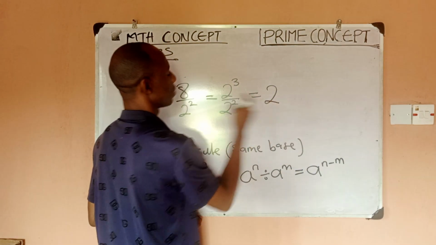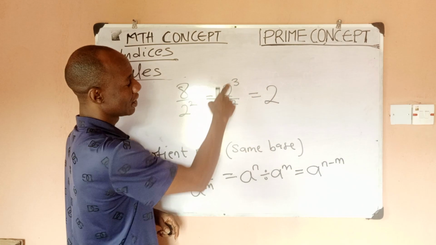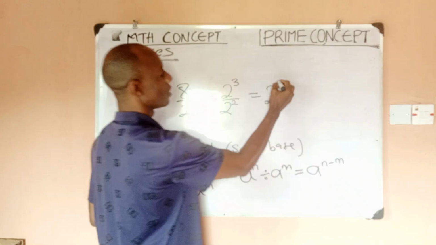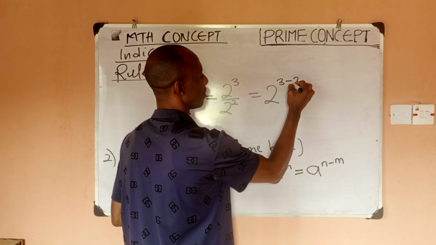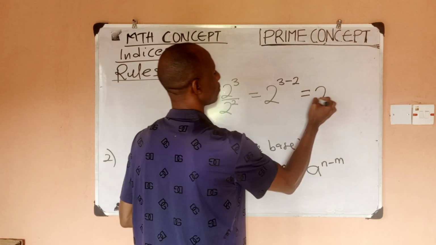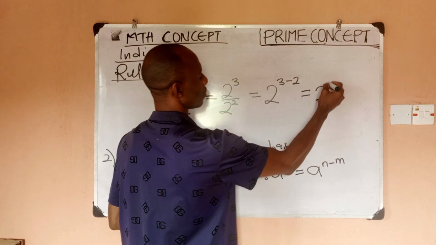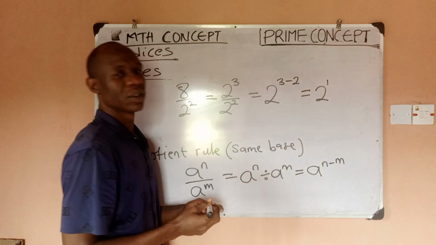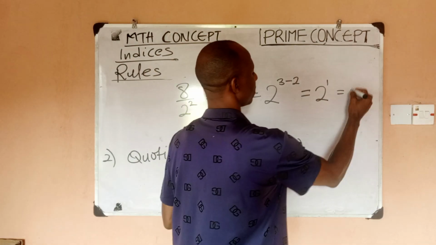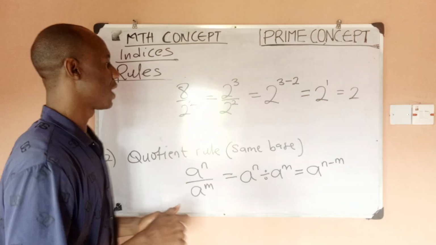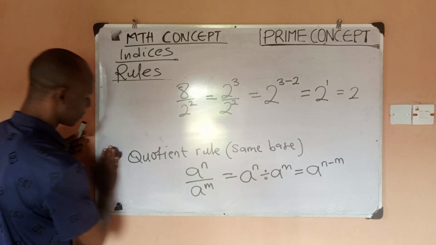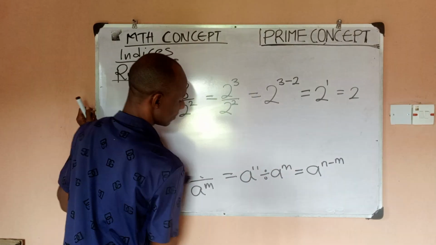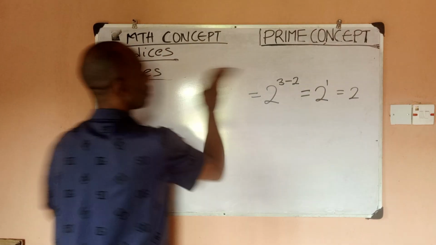So I have 2, I will first write the common base, then I'll start with the power above, which is 3. Then the one under would be subtracted, so minus 2. So I have 2 raised to power 3 minus 2 is 1. And of course, 2 raised to power 1 is still 2. So this is what we have. So we have looked at 2 rules so far. Now we want to look at